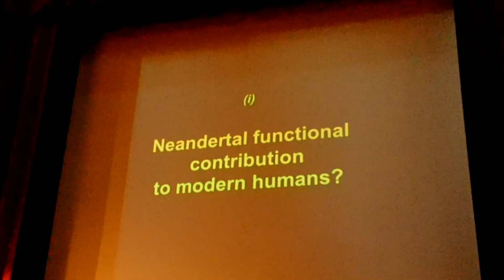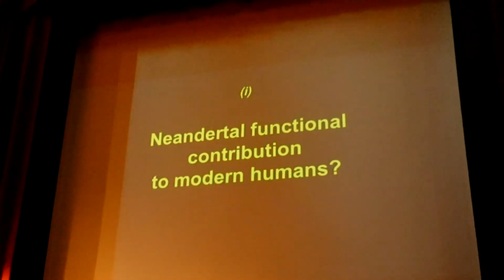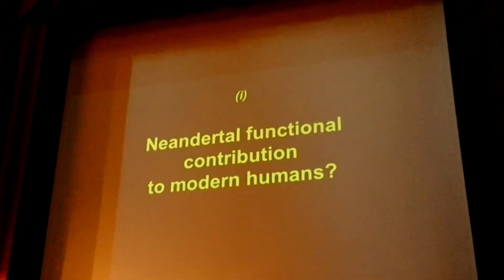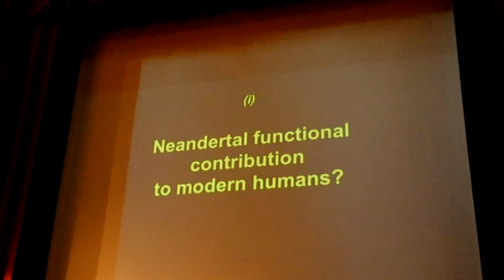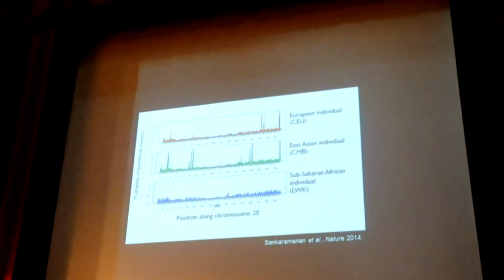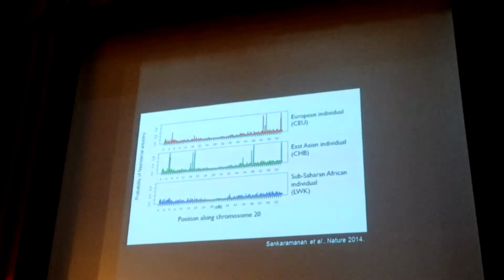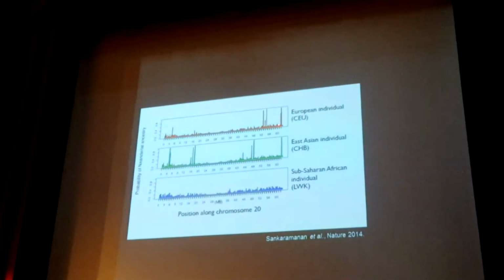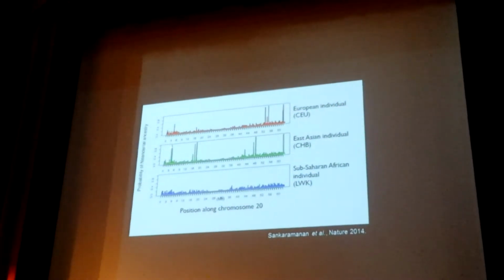And in the end then I wanted to bring up 4 things, the sort of consequences of this gene flow. So the question is then, we have this Neanderthal component in the genome outside Africa today. Does that have any functional consequences? And there are some hints, beginning to be some hints in the last few years that that may be the case. So there was this paper in January which looked across the genome in Europeans and in Asians,